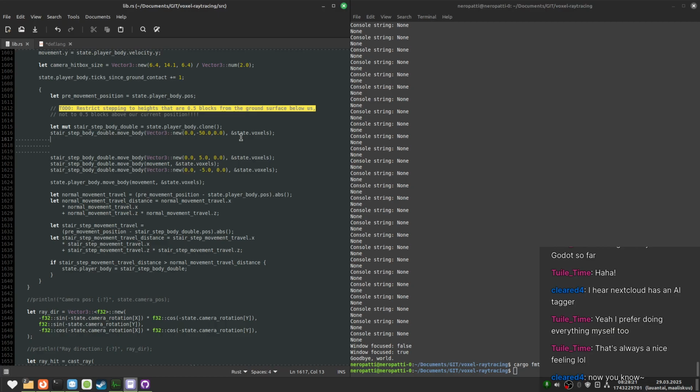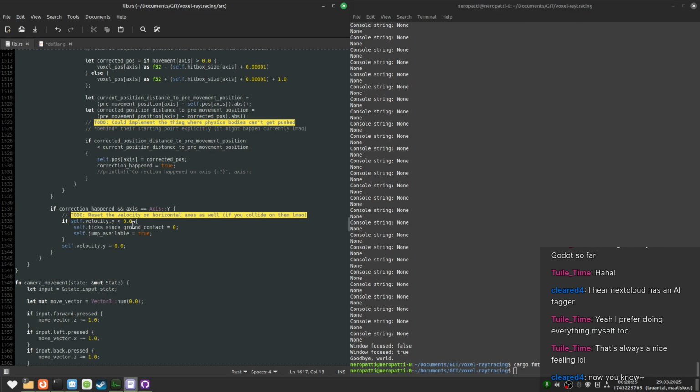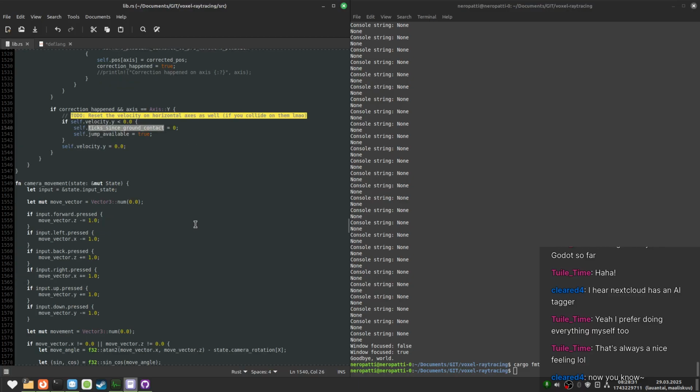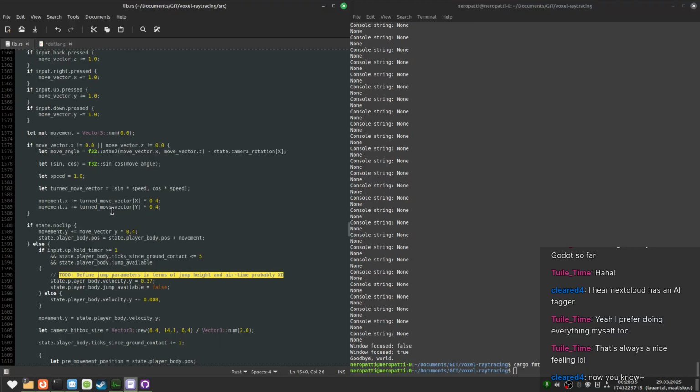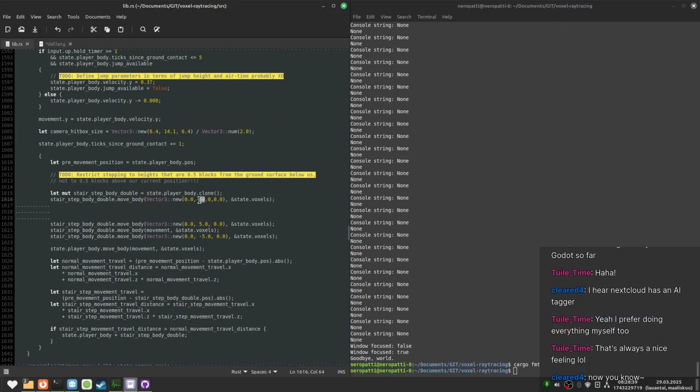Actually, can I see if we have ground contact? Is that a thing? I mean, this is a thing. I think we've incremented it just before this, so it's fine. But I was gonna move 10.